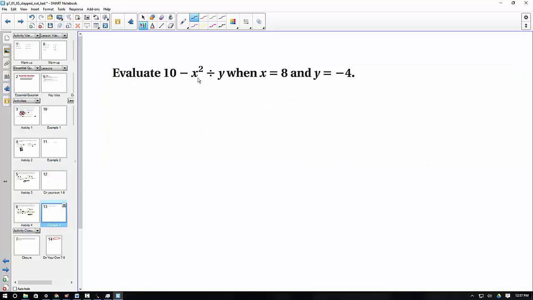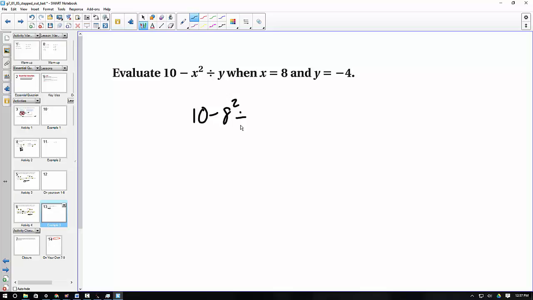So let's evaluate this one. So 10 minus x squared divided by y when x is 8 and y equals negative 4. Now on the surface this looks really confusing. So let's actually put this in. So we're going to say 10 minus, and we're going to do x squared. So this is 8 squared